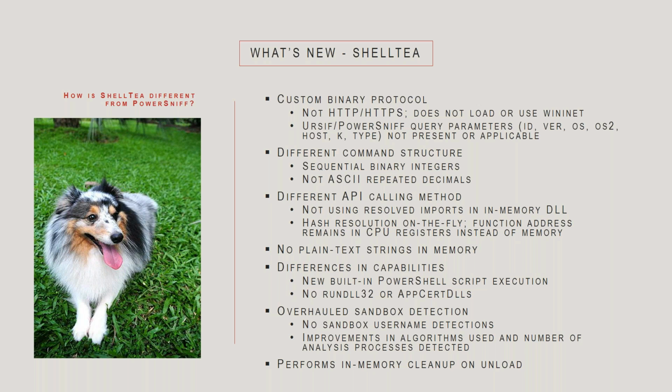So now they're working on the raw bytes instead of the text strings, and they're not using the same numbers either. So it's got a different set of commands. It also has a different API calling method. So this is significantly advanced over the method that PowerSniff has used because it's doing hash resolution for every function